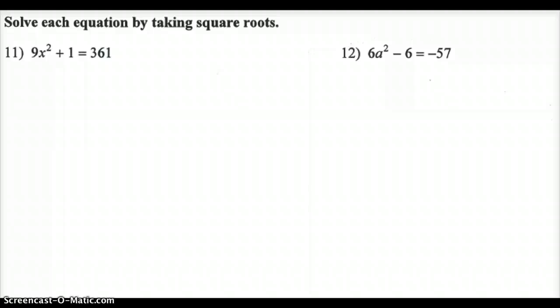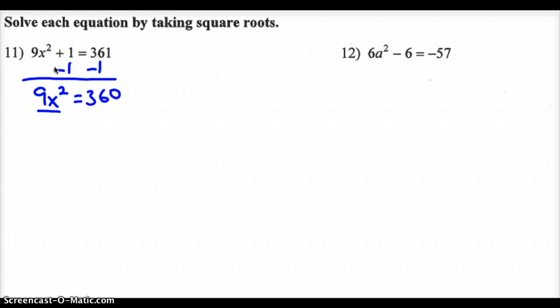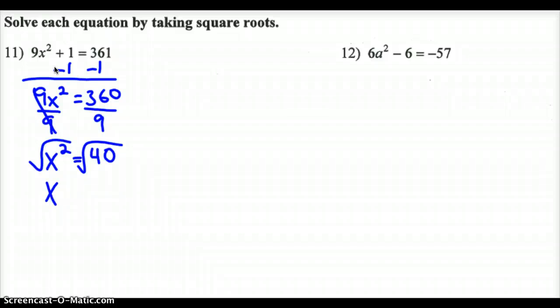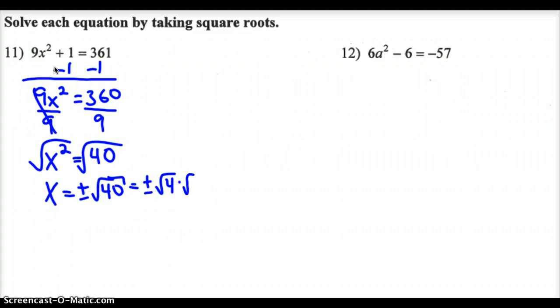Solving each equation by square roots. Do normal transformational solving steps here. Minus 1 to both sides. 9x squared equals 360. We want to divide by 9 next. That would be 40. And then we'd square root both sides. x equals plus or minus root 40, which will equal plus or minus root 4 times root 10. x would equal plus or minus 2 root 10, or its approximation,